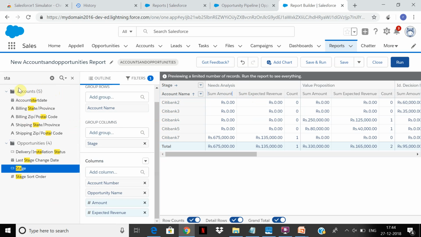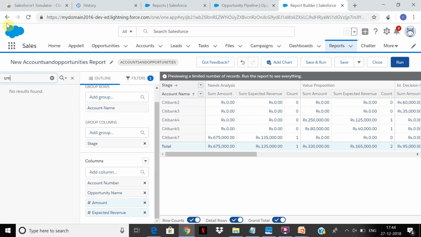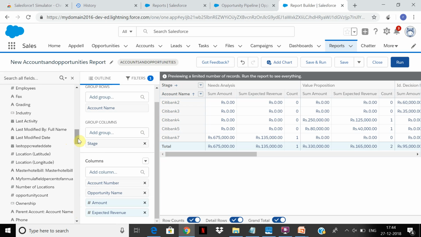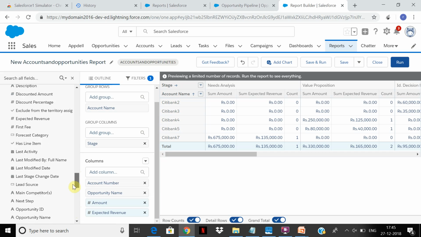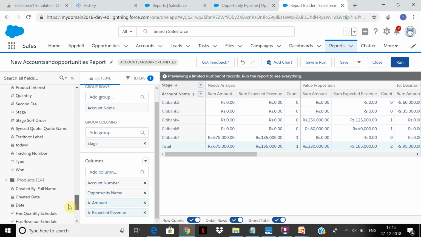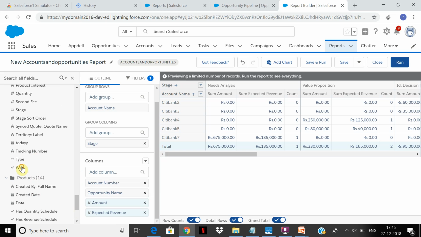Say now we have accounts opportunity sum, I think. Also, let's take this lost one, which will help us identify the account further.